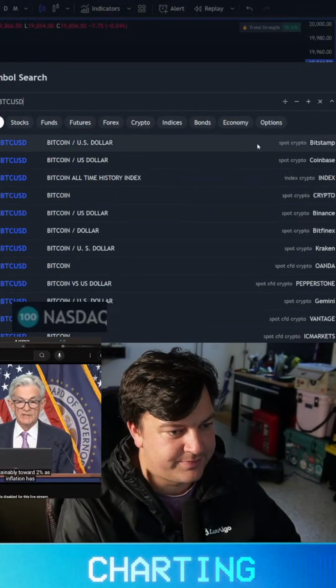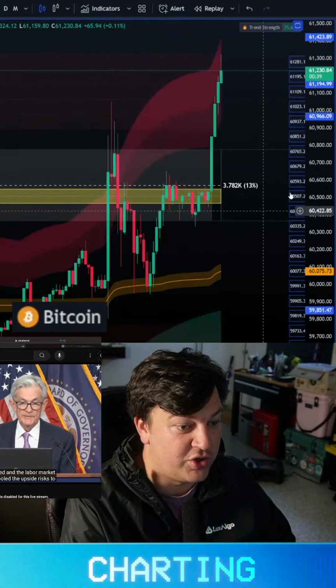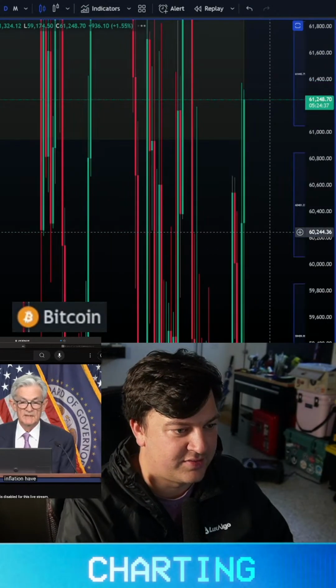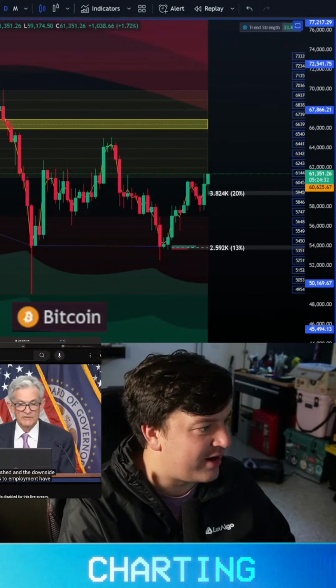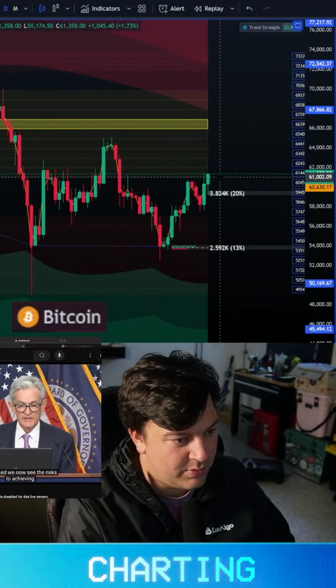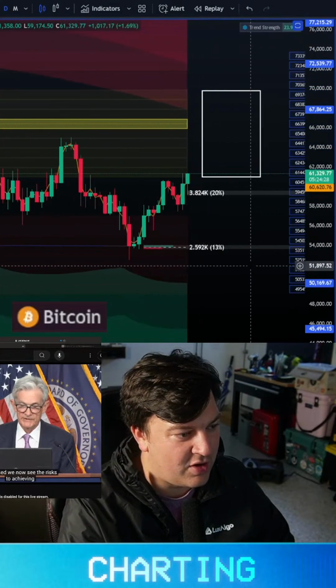Let's see how Bitcoin's doing. As inflation has declined and the labor market has cooled, upside risks to inflation have diminished, and the downside risks to employment have increased. Bitcoin's ripping. Remember, we want to get into this high volume range right now. We want to get in this node. I've been wanting to get in this node for a minute. Risks to achieving our employment and inflation goals are roughly in balance,